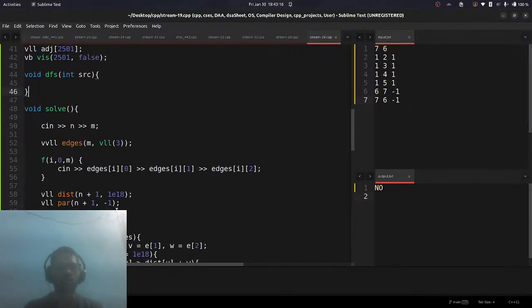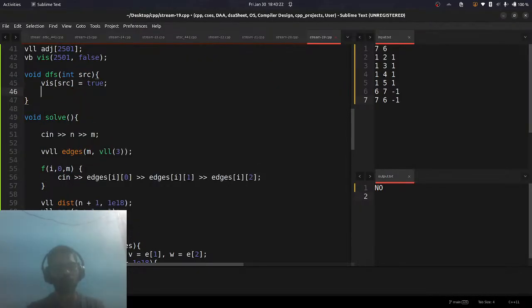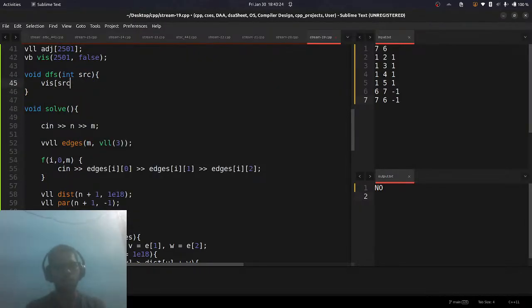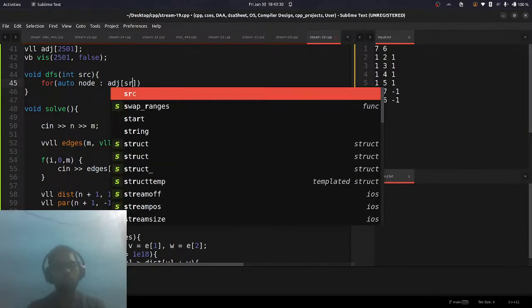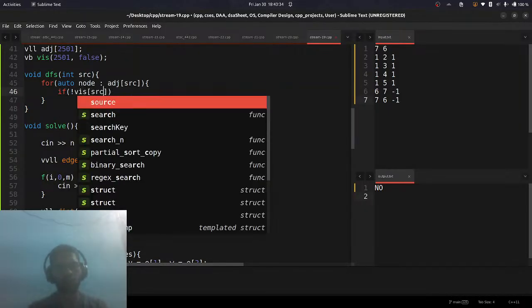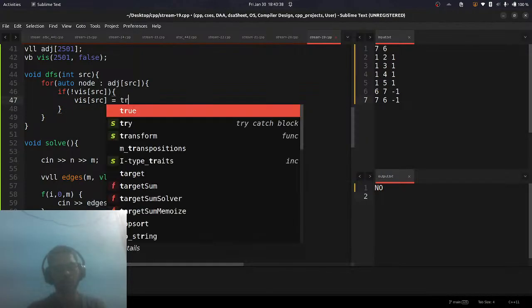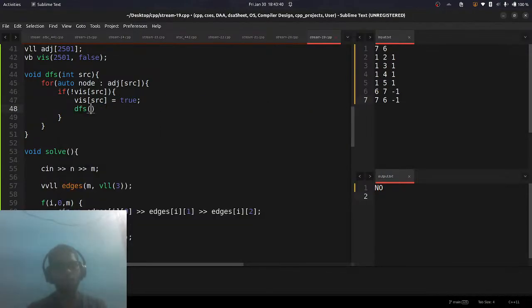Now we'll just set the source to true, or rather I don't do this. We will just go to node, and if it is not set, we will set it and then do a DFS from the node. Okay,